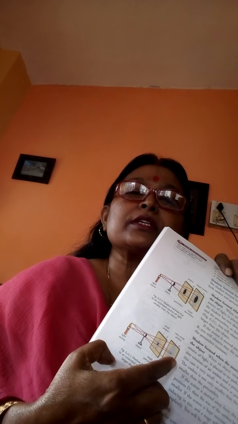When we move the screen away from the object, the umbra becomes smaller than the previous one. So when an object smaller than an extended source of light is placed in the path, the shadow formed also consists of both an umbra and a penumbra. The umbra in this case is very small, as shown in the position. The umbra is not only smaller than the object but also smaller than the penumbra.